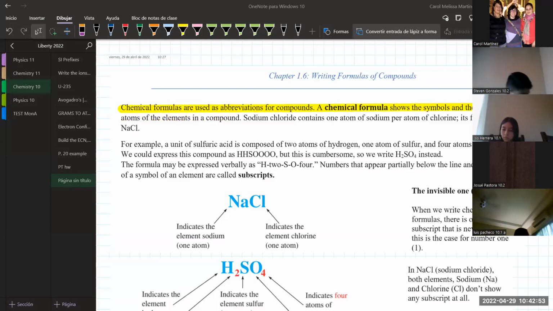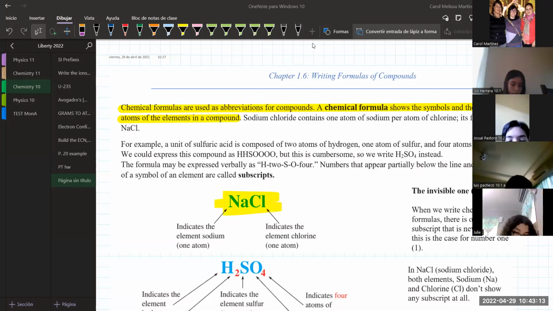When I was typing everything about this textbook, I tried to include only the most important part. But I know that even though I included only the most important, it's still too much. Okay? And then I was giving you the example of NaCl. And I told you guys it is important that you recognize metals from non-metals, okay? In this example of NaCl,